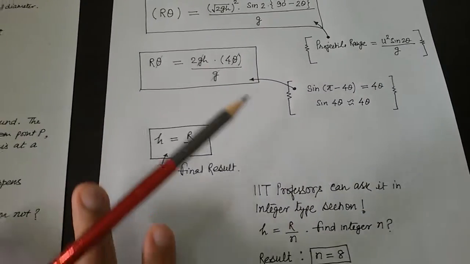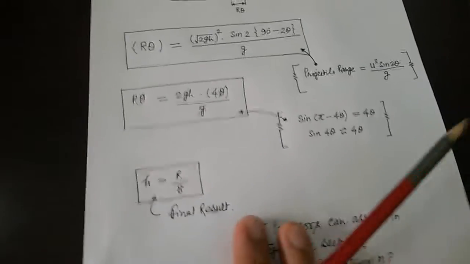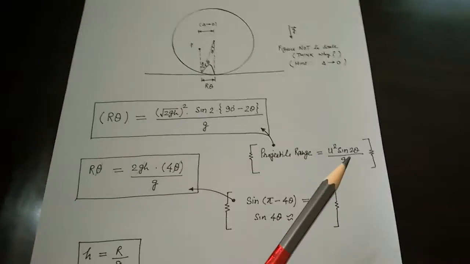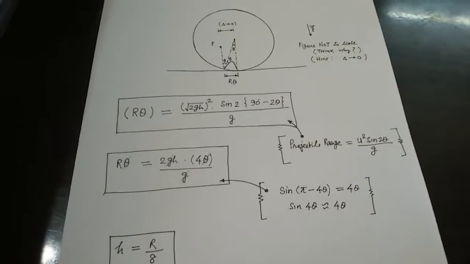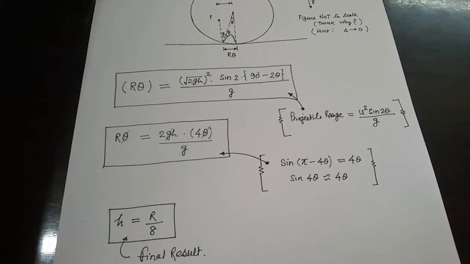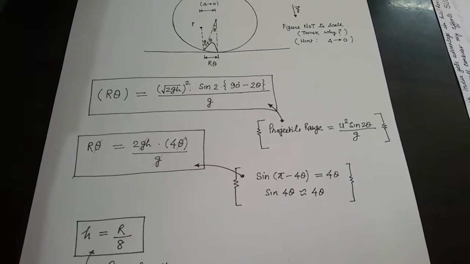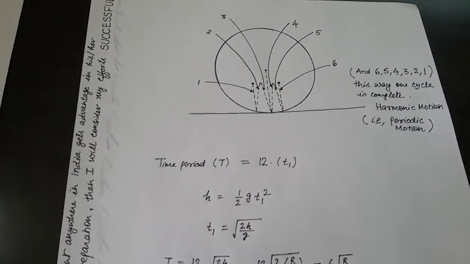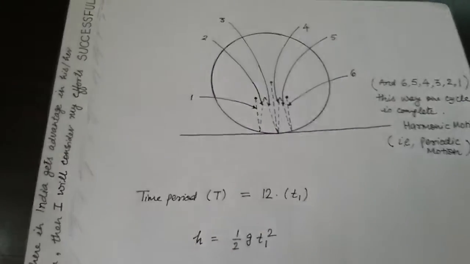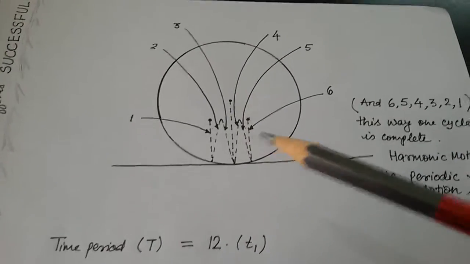Let's move forward to the next part of the problem. In next part, what is asked? For this calculated value, for h equal to r by 8, we need to analyze whether motion of the ball will be harmonic or not. See, dear students, motion will be harmonic. It will be certainly harmonic. How? See,